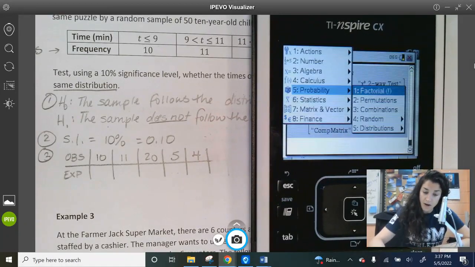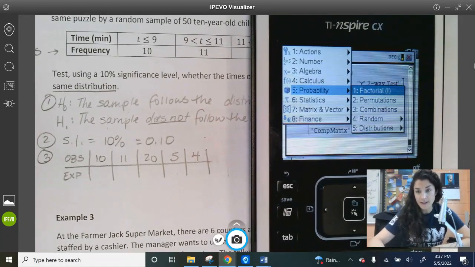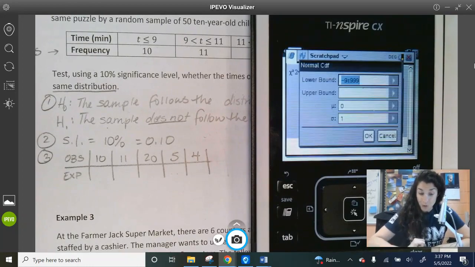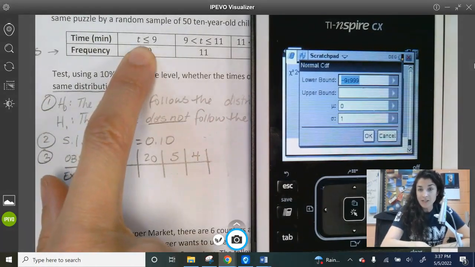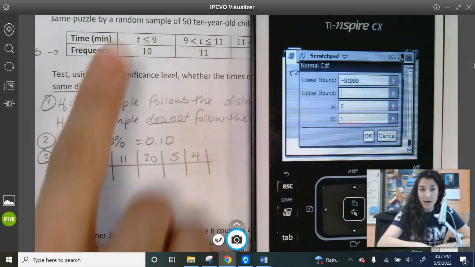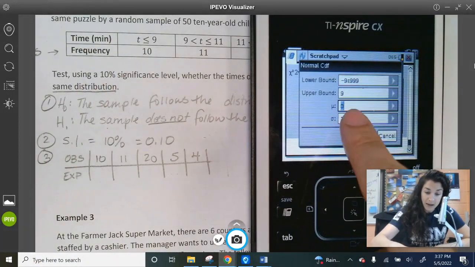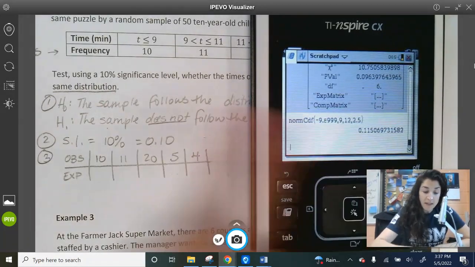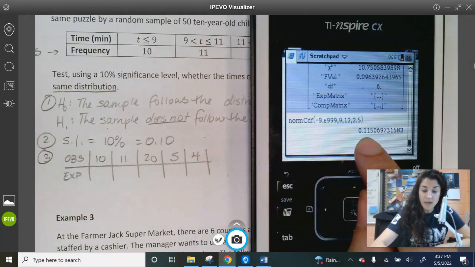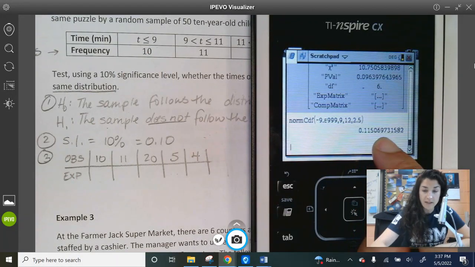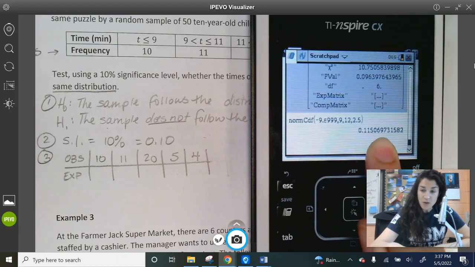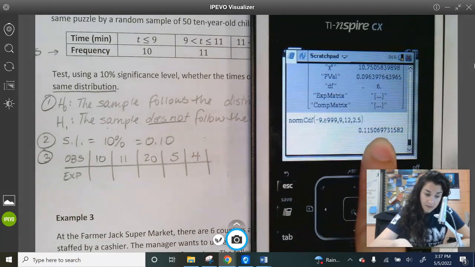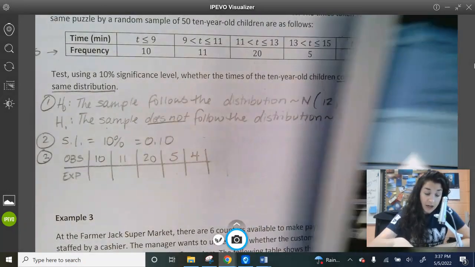I would go run my normal distributions, probability, 5, normal CDF. My lower bound is negative infinity. My upper bound is 9. My average is 12. My standard deviation is 2.5. So the probability of being less than 9 is 0.11506, etc. If I'm doing that out of 50 children,